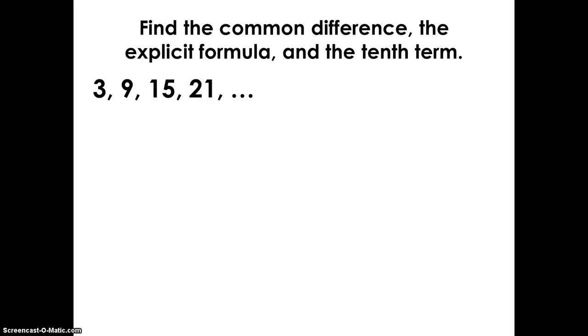Now we're going to find the common difference and the explicit formula and the 10th term. So immediately, because they tell us to find the common difference, I know that it has to be an arithmetic sequence. So the first thing I'm going to have to do is figure out what the common difference is. If I'm looking, I can tell 3, 9, 15. 3 plus 6 is 9, 9 plus 6 is 15, 15 plus 6 is 21,